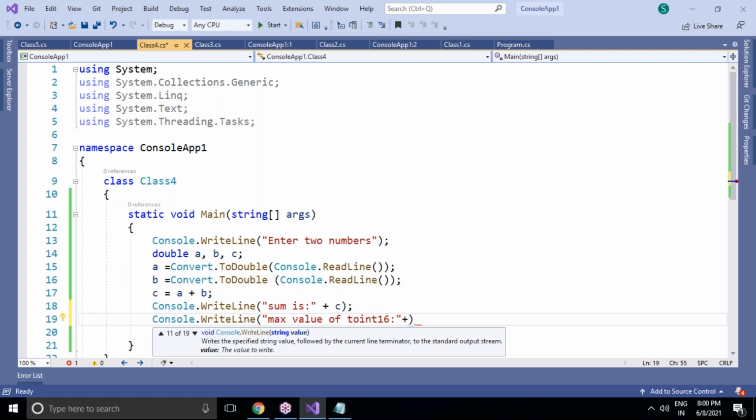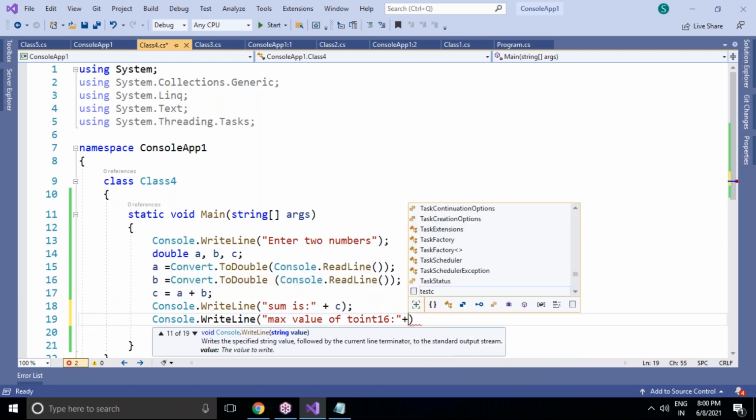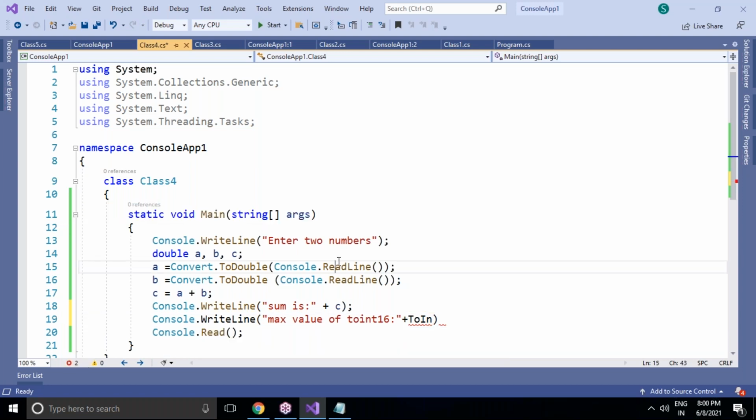How to get it? Int16.MaxValue. Okay, it's not coming. So why is it not coming? Let me check. MaxValue is not coming. Let me check it once.